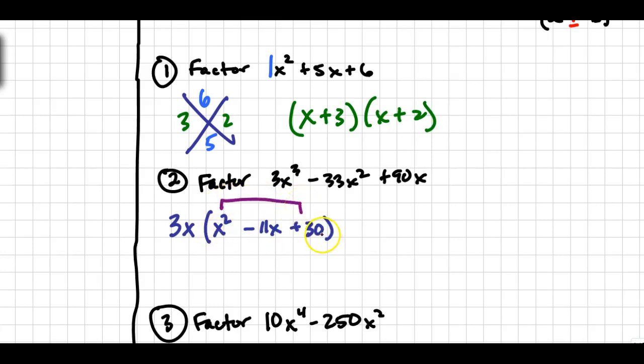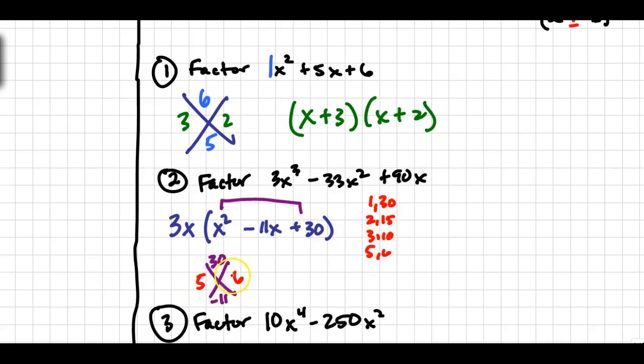When I factor that further, I see that it's a trinomial with a leading coefficient of 1 again. So I'm going to do my x. I'm trying to find factors of 30 that add up to negative 11. If you're unsure of your math facts here, you can just make a quick list. 1 and 30, 2 and 15, 3 and 10, 4 doesn't go in evenly, but 5 and 6 do, and 5 and 6 add up to